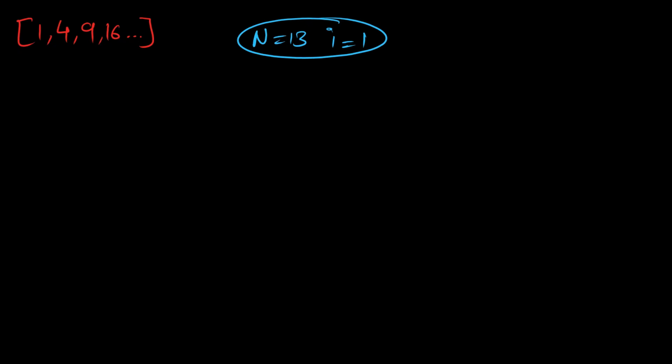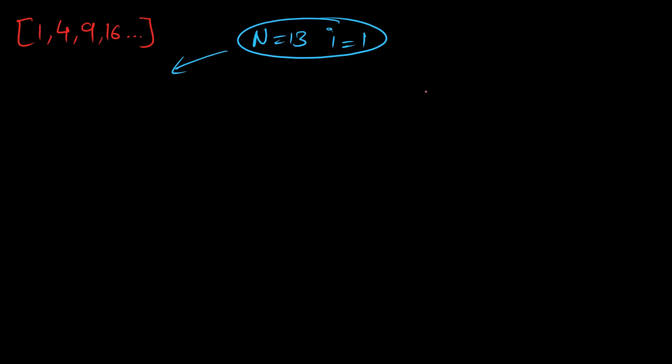So here I have a problem where I need to get the sum till n equal to 13 from perfect squares. Now this I is representing the number from which I will calculate the perfect square. So here I have three choices. Either I can select 1, or I can select 2, or I can select 3. I cannot go beyond 3 because square of 3 is 9 and square of 4 is 16, which will be greater than 13. So this node will have 3 branches.